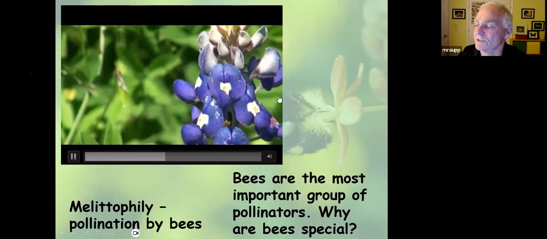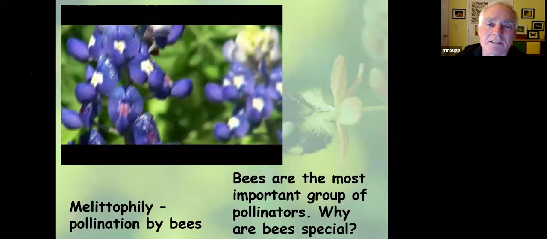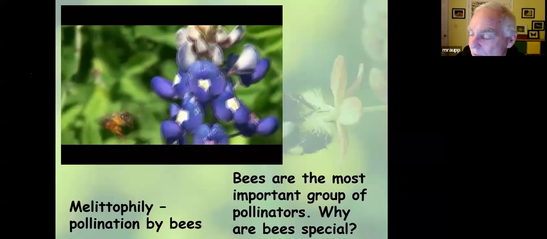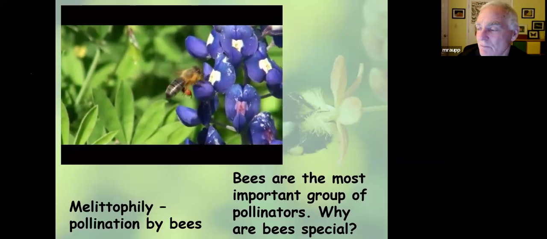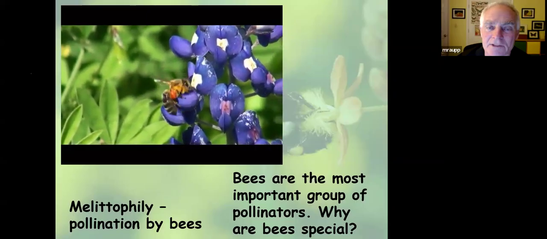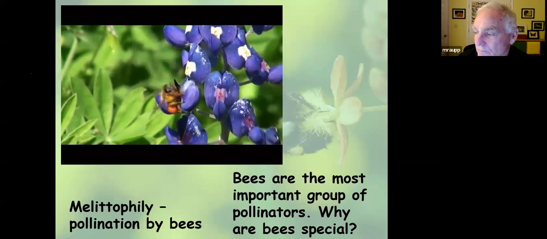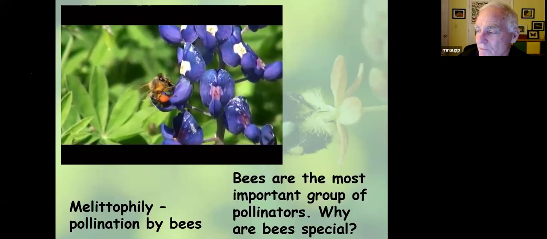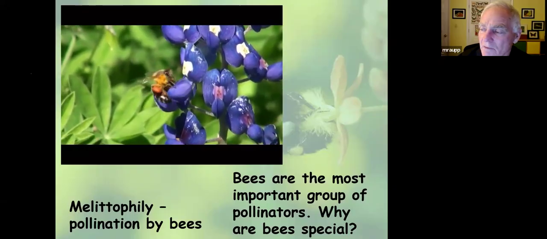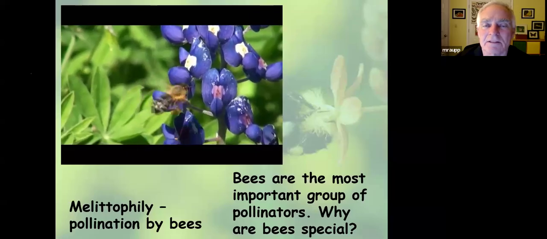Behavior and morphology. You'll see an instant replay on this, but while you're watching this, I want you to think about, why am I saying that bees are special or different than some of these other pollinators? Think about that for just a minute. There's your pollen. Front leg, middle leg, hind leg, off I go. Okay. Why are bees special? Why are they different than, let's say, a monarch butterfly?